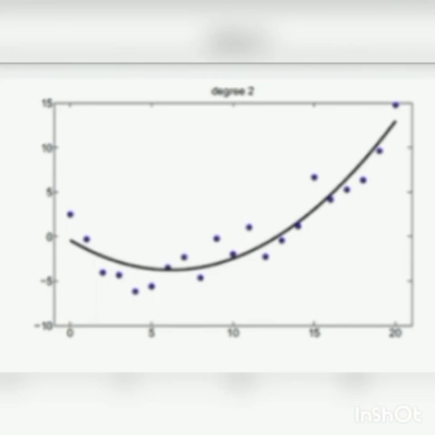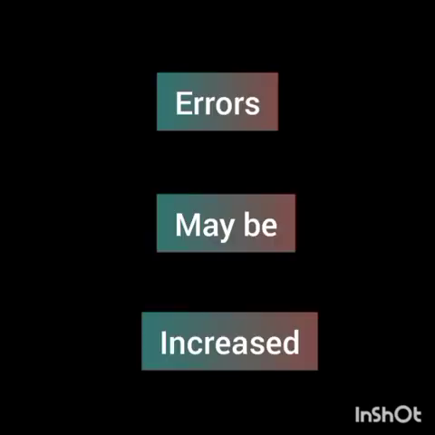Then when we try to fit a curve which fits all the points in the train data, it may become overfitting. It may not be correct. That is, the errors may increase.